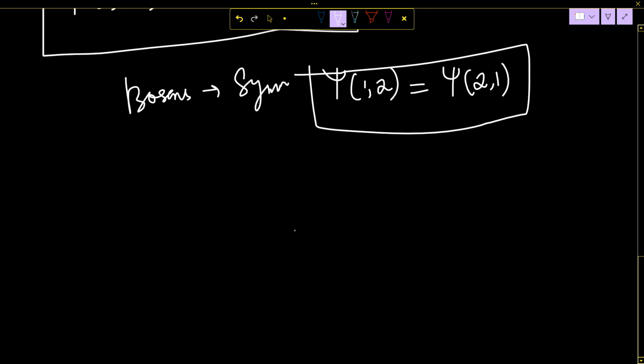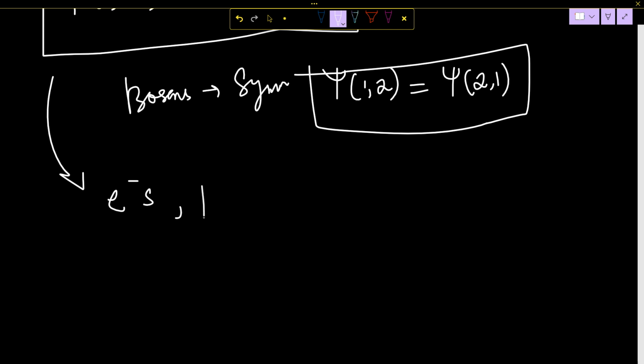So what are the examples of fermions? The most common examples are electrons or protons. Electrons or protons are fermions, but there are different categories, we will go through that. The electron was actually the first discovered fermion, in 1897.